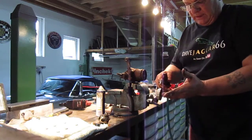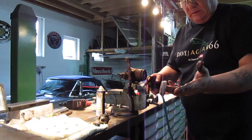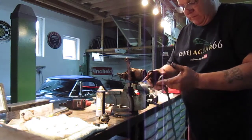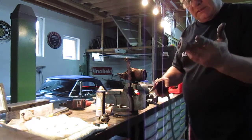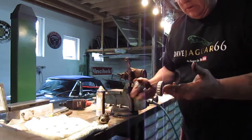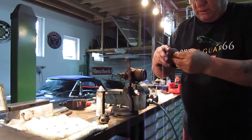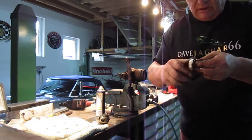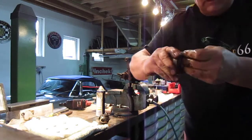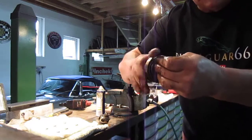And then just by doing this, you can hear it's quite noisy. Sounds very noisy. One thing, there's not any lubrication in it anymore because it's been cleaned. And the other thing is that's not the way the bearing is meant to be used. The bearing is meant to be used under load when it's in its seat. The more load you put on it, there has to be movement on the cage and the rollers and the inner bearing, otherwise they can't sit central. And you can hear now there's hardly anything. And once that's greased up,